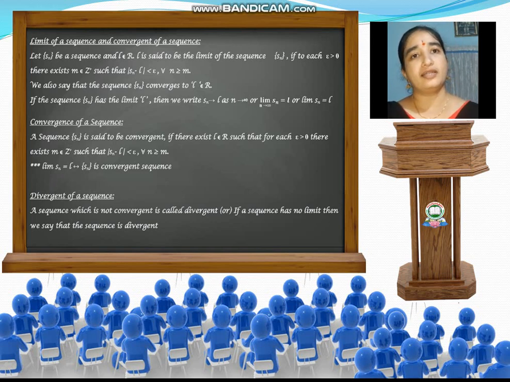Now let us discuss the convergence of a sequence. The convergence of a sequence is defined as: for epsilon greater than 0 there exists a positive integer m belongs to Z plus, such that mod Sn minus L is less than epsilon for all n greater than or equal to m. That is,